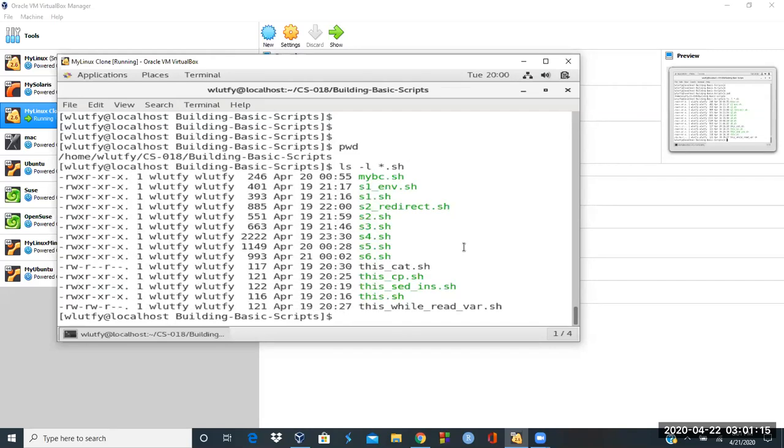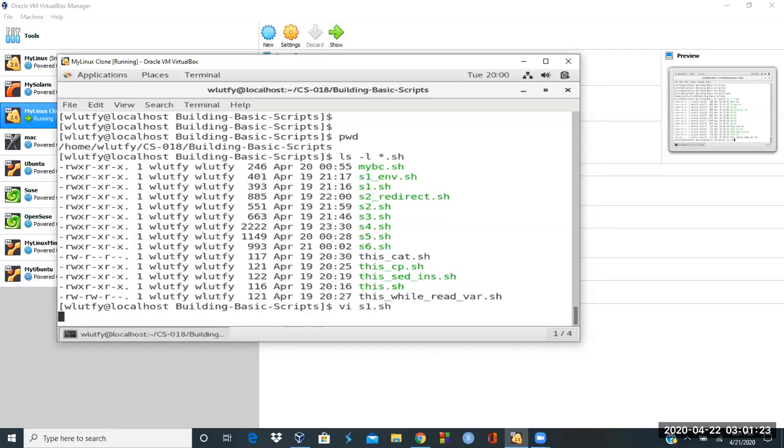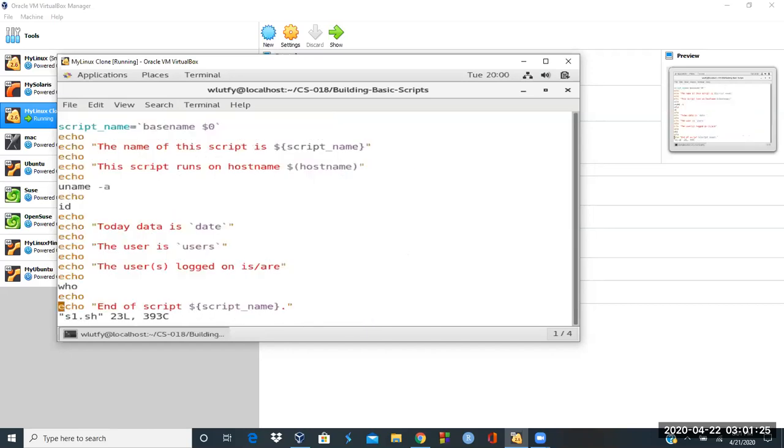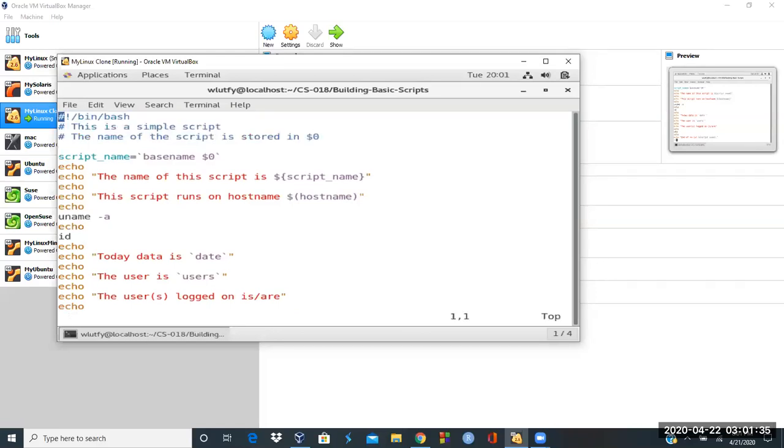One of them is called s1.sh. As you can see, let me vi it: vi s1.sh. Script 1, basically, that's what it stands for. I'm going to go to line 1. In vi, when you go to line 1, you basically press escape, shift colon, and type in the number 1. It will just take you to the first line. So in this case, I'm using /bin/bash